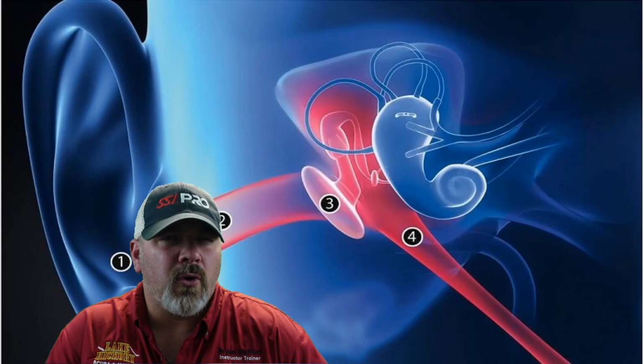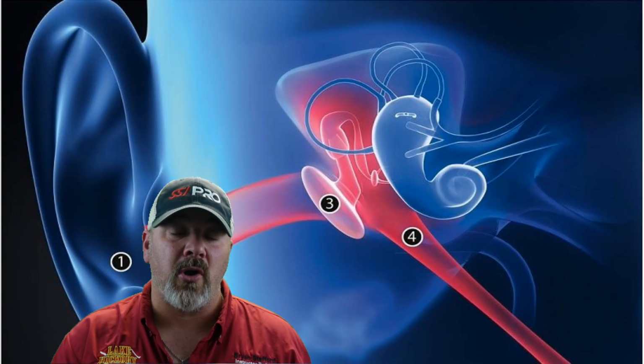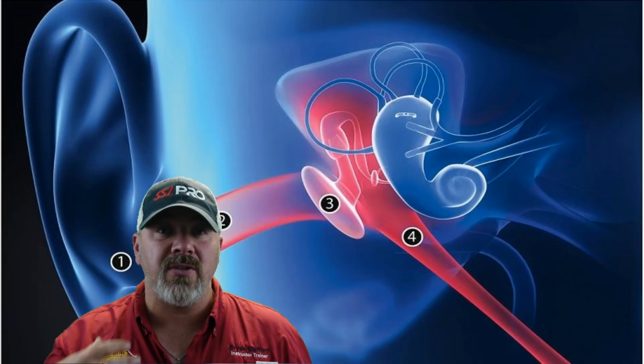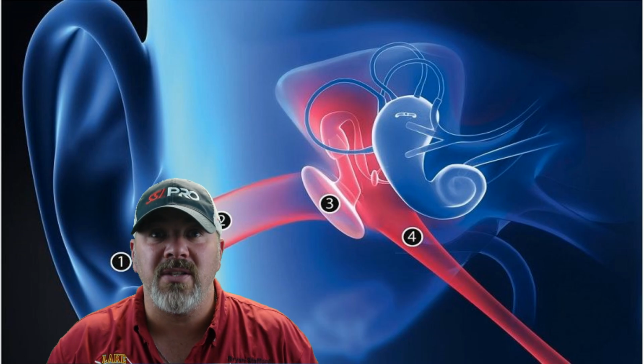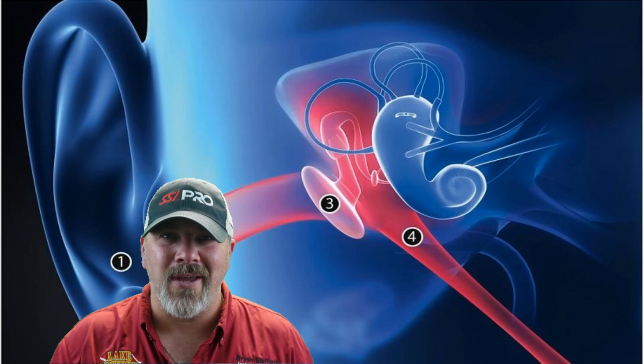Now, the next part of Chapter 2 is more of a recap of what you actually learned in the open water program, where we dealt with, say, pressure and volume, and we dealt with squeezes, whether it's an ear squeeze or a sinus squeeze or a thoracic squeeze. And in short, we are going to learn how to manipulate not only our equipment, but also our bodies when we go underwater. But did you also know that there's other types of squeezes that you can get, such as